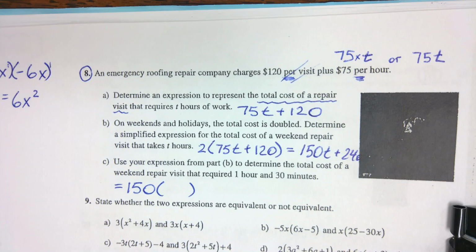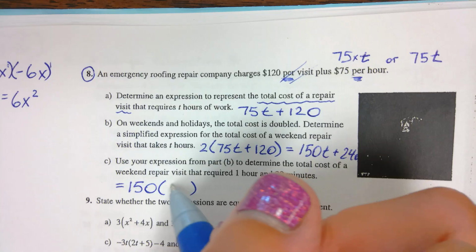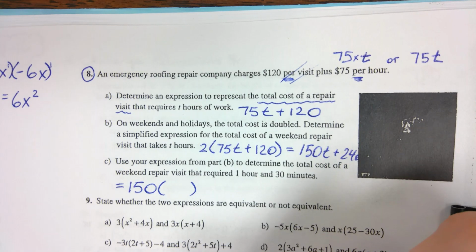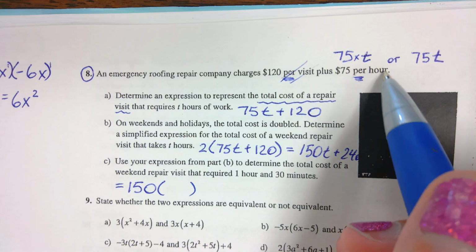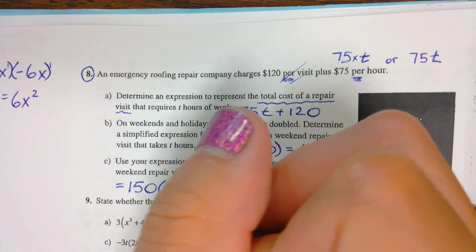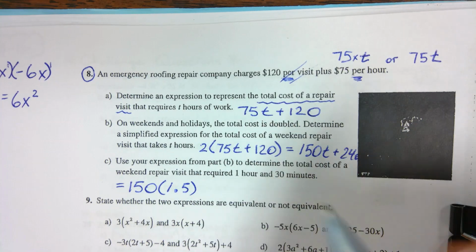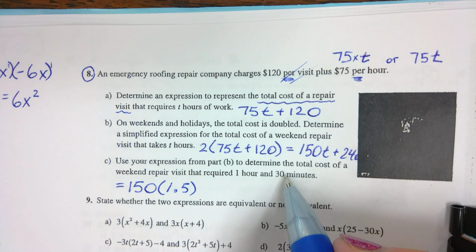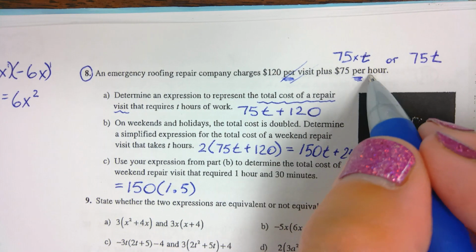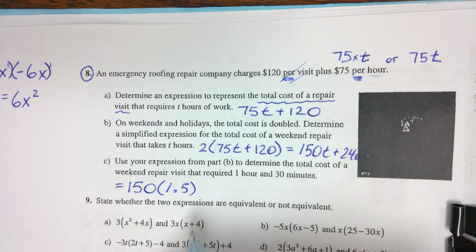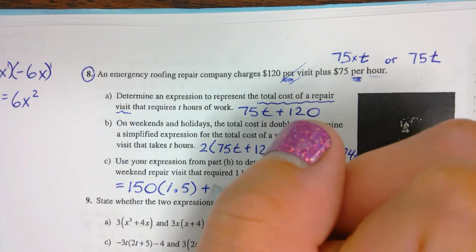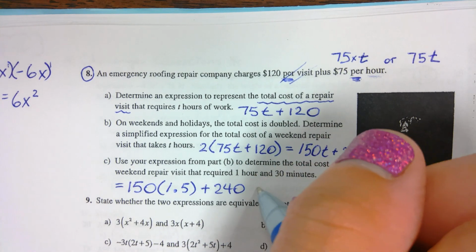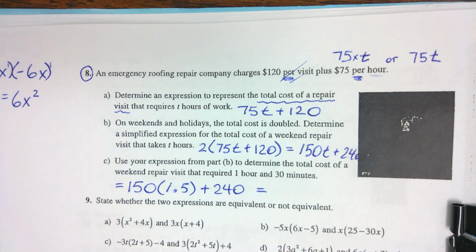Okay, what am I substituting in? 90 minutes. Okay, so I should put 90 in here. Okay. So what does T represent again? Hours. Hours. Around 1.5. Right. Okay, so be very careful. Yes, I know that 1 hour and 30 minutes is 90 minutes, but you have to take a look at what your unit is. Because it's hour, that's why I put 1.5. Okay, and then plus the 240 setup fee, my flat rate, and then I get